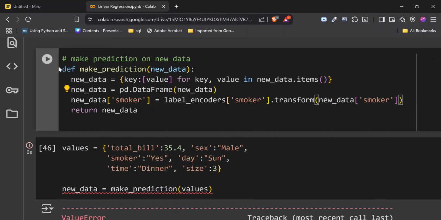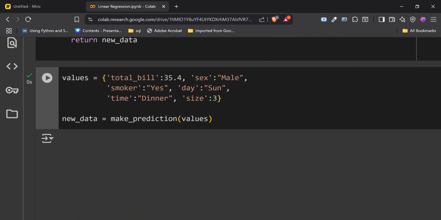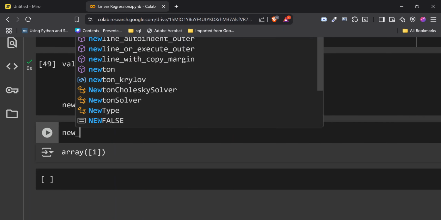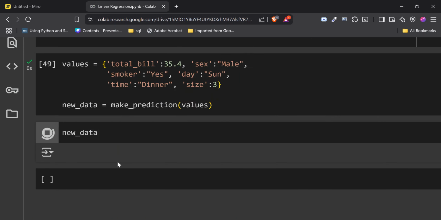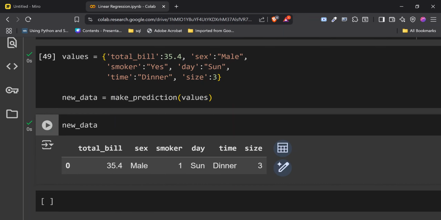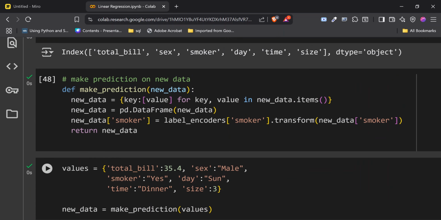Yeah, let's see. I mean, I could have just paused this video, and okay, it encoded for smoker now. Encoded for smoker. So smoker should be in zeros and ones now. Okay, so can you see? Smoker is one now, and what we actually want to do now is get back into our for loop.